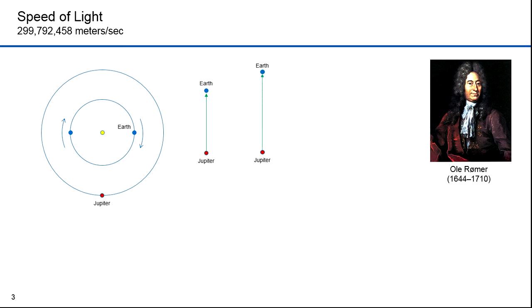Here's what happens when Earth recedes. The time it takes for light from Jupiter to reach Earth is longer. These dynamics explain the discrepancies Ole Romer was trying to resolve. He thus concluded that light travels at a finite speed and was able to estimate that light reflected on Io would take 22 minutes to reach Earth.